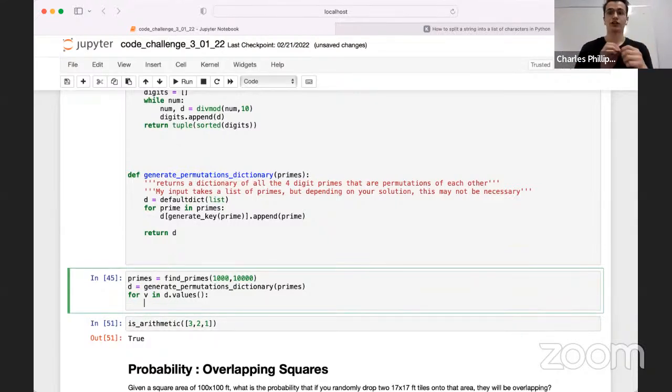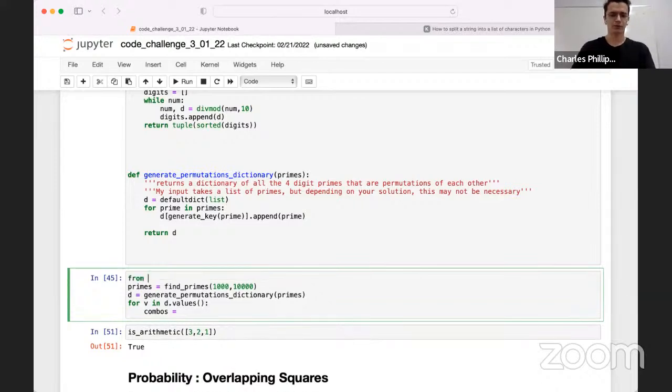I'm going to generate combos. All the combos is just going to be equal to... we're going to have to import something. So from itertools import combinations. Yeah, I think that's right. Combos is going to be equal to, oh, it's combinations, I think. Combos is equal to combinations